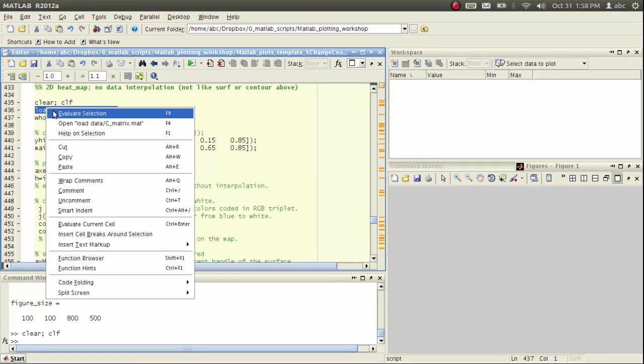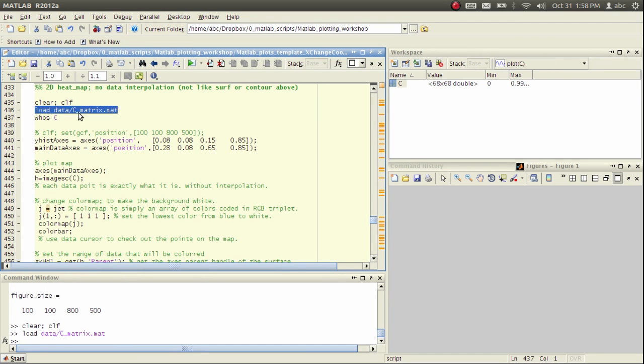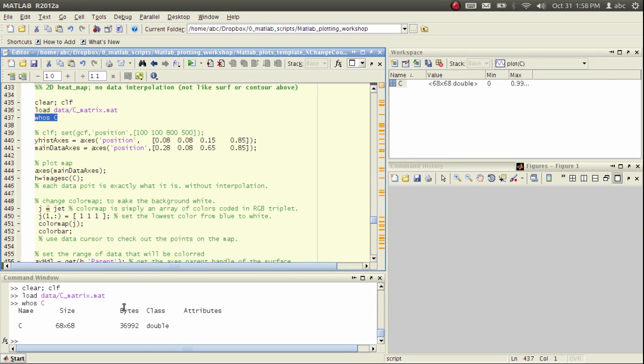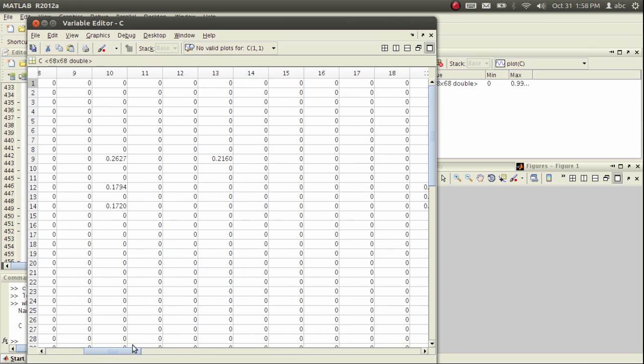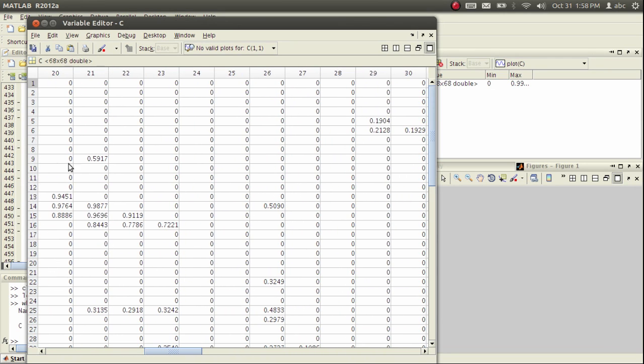We loaded the previously saved data, which is a matrix C, and this C is a 68 by 68 matrix with double floating-point numbers in it. I open it, and you can see this matrix is pretty much sparse. Most of the values are 0, with some positive numbers